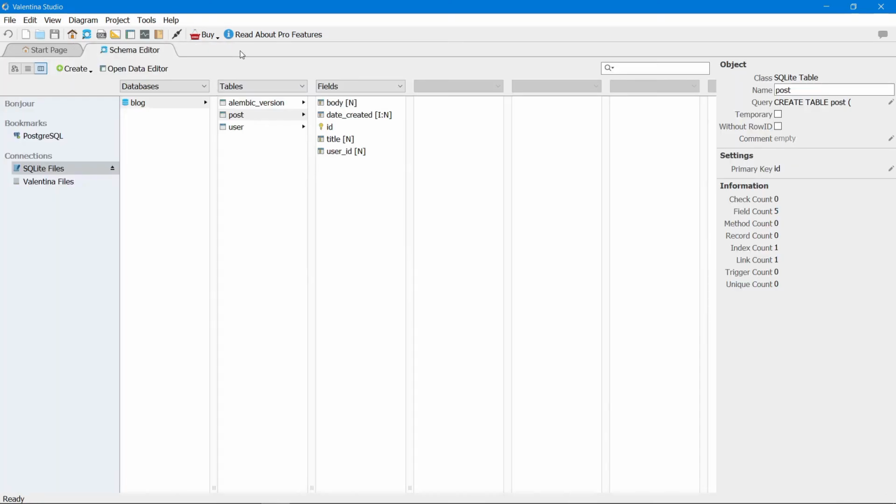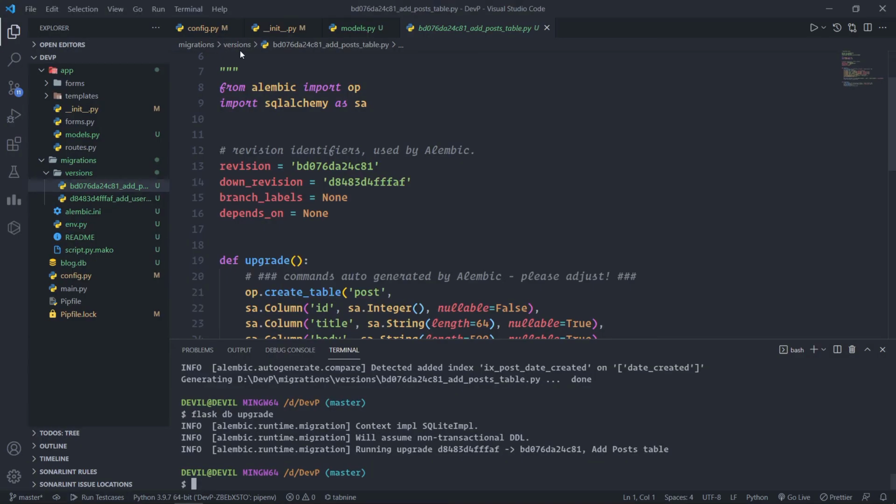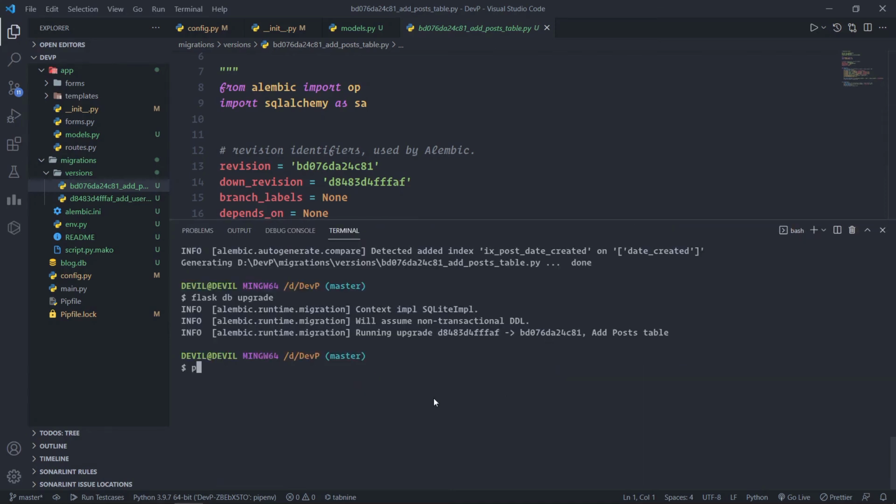Correct? Now let us play with the database. Since the application does not have any database logic yet, let's play with the database in the Python interpreter to get familiar with it. So let us fire up our Python interpreter. Let me maximize this, and here we can run the interpreter using python.